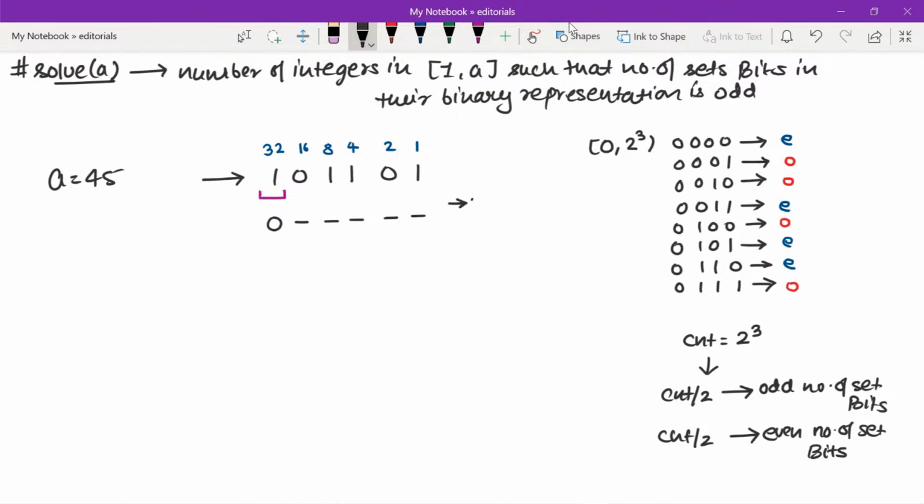So there will be 2 power 5 numbers, right? So the value of count is equal to 2 power 5, which is equal to 32. And out of 32 integers, there will be 32 by 2, which is basically 16 integers for which the number of set bits